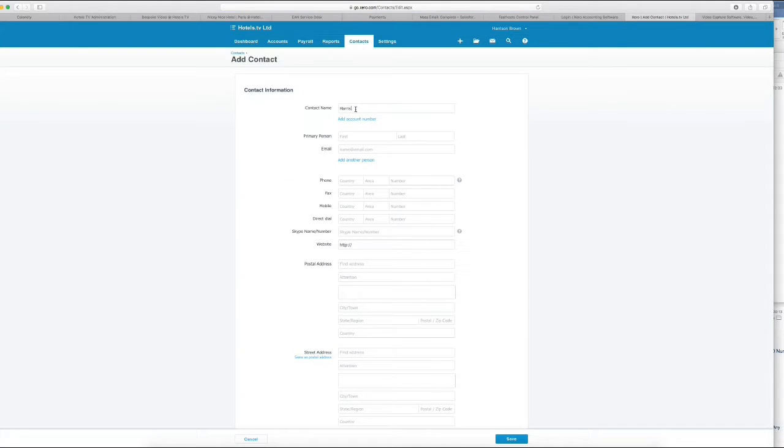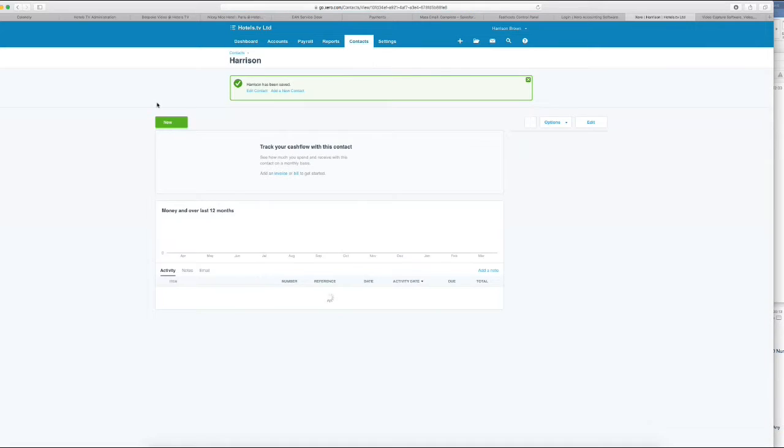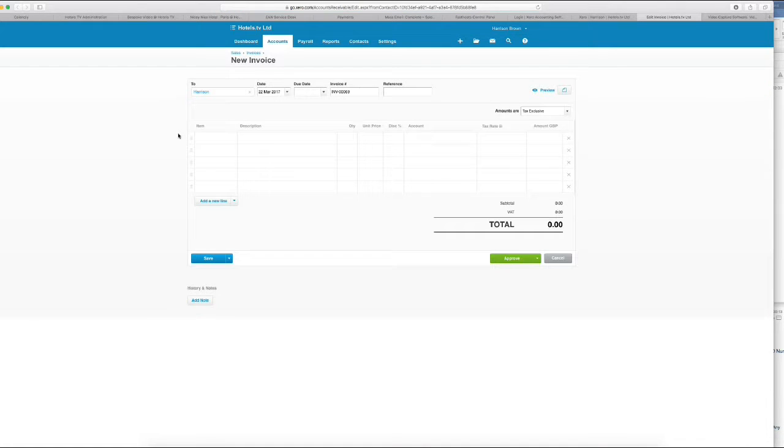Okay, so I'll put me in. You can put all the details if you want to. At APC we never did, we just put in that much and the email address, and you save it. And it then allows you to add an invoice to that contact. So then you add a sales invoice, which is already addressed to me. You can put the due date, so we can make it on the same day, or you can give 7 days. The reference to that will be